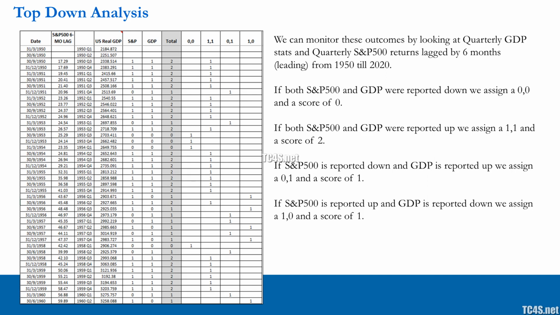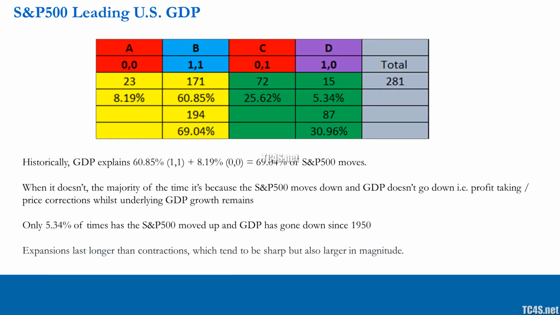Now we're going to have a look at the results on the screen. You can obviously look at these in the downloads area as well. Download the spreadsheet, have a look at all the numbers, familiarize yourself with it. And here's the results. So we have across the top A, B, C, D. So the 0-0 situation is A. B is the 1-1 situation. C is the 0-1 outcome. And D is the 1-0 outcome.